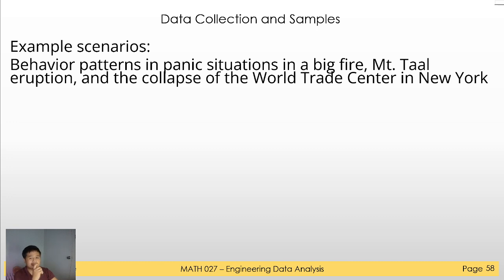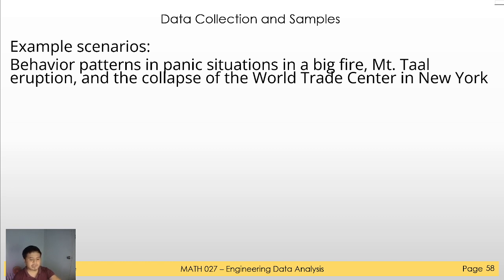One example of that will be, previously there was an eruption in Mount Taal, or the World Trade Center terrorism in New York. So we can see the behavior patterns of the people during those disasters,